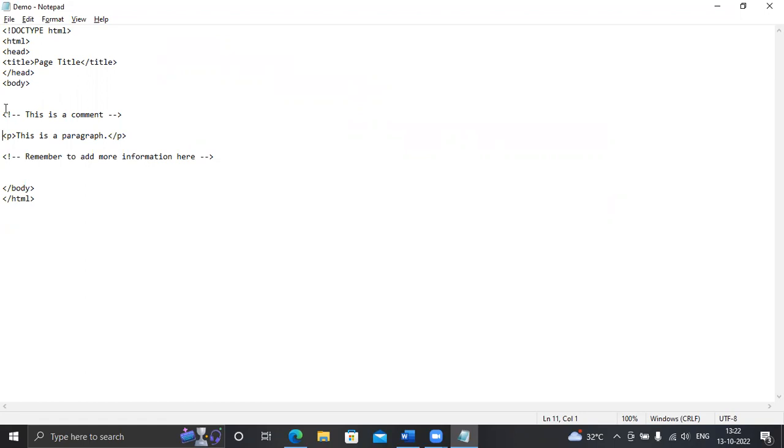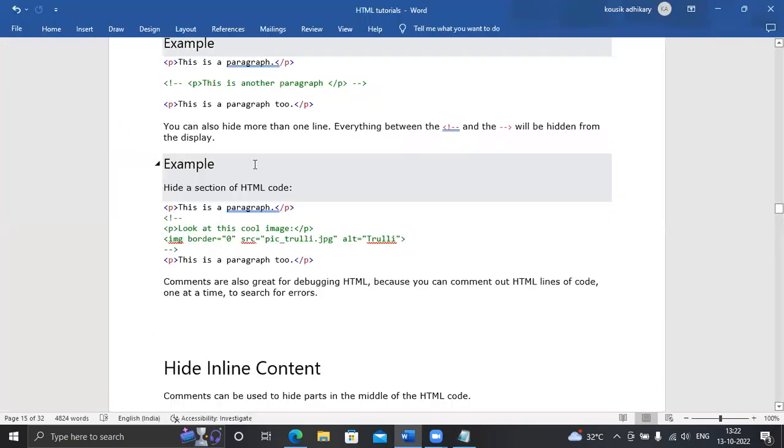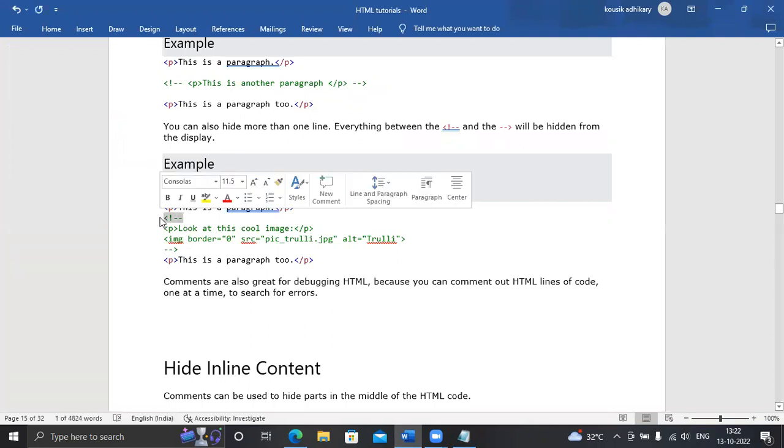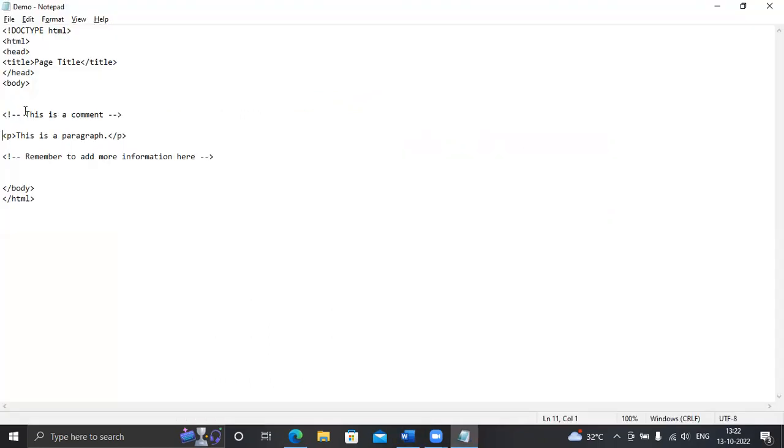In every line you would need to write that sign. Instead of that, for commenting multiple lines, there is a way: you simply write it in the first line and the last line, like that.